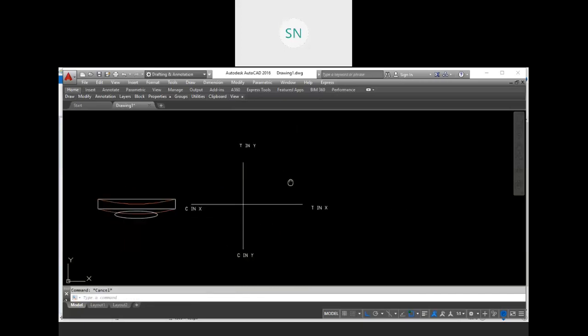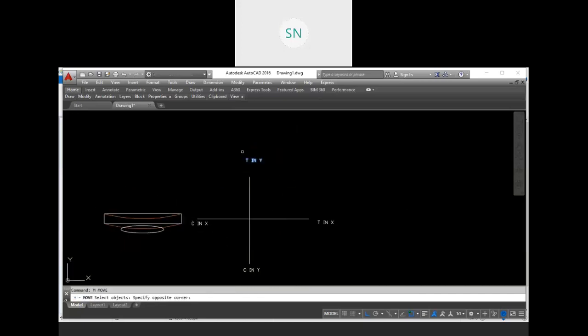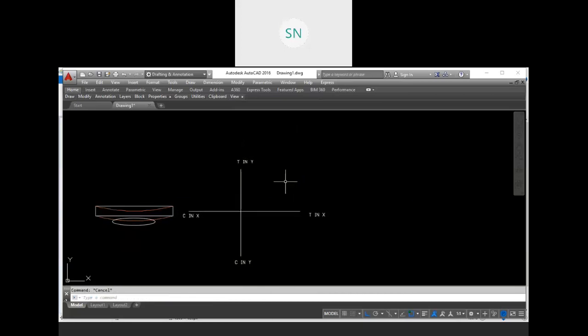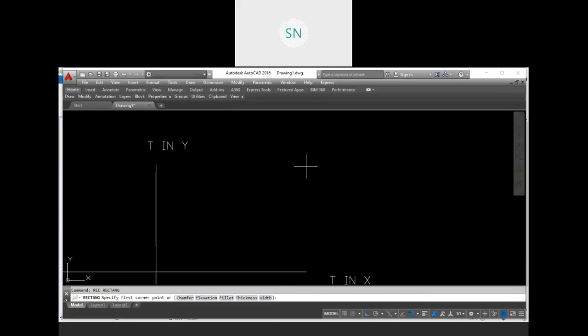Now let me create a working zone of concrete material. For example, you have one cube of concrete and you are applying a load.